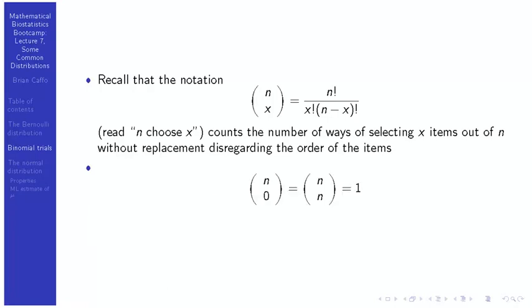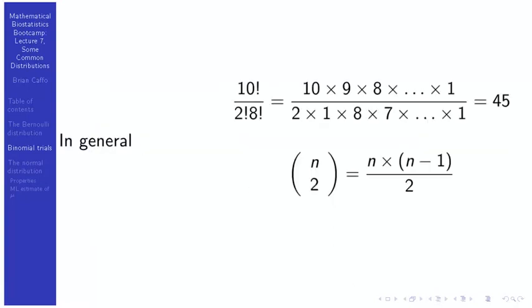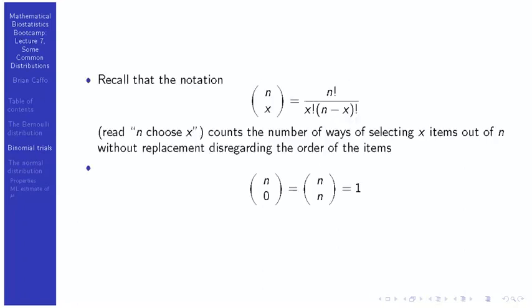Another quite useful one is choose 2. How many ways can you pick 2 things out of n objects? That one seems to come up a lot in my daily life for some reason. And so that, in this case, would be 10 factorial over 2 factorial, which is just 2 times 1, then divided by 8 factorial. So that's 10 times 9 divided by 2. So, at any rate, the general rule is for n choose 2, you just want to take n times n minus 1 over 2. And it's one of the ones that it's worthwhile just to memorize the formula for that special case, because it seems to pop up a lot.